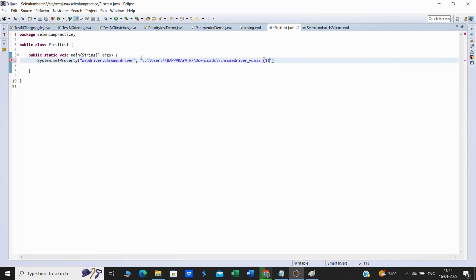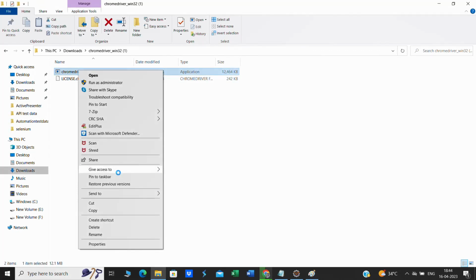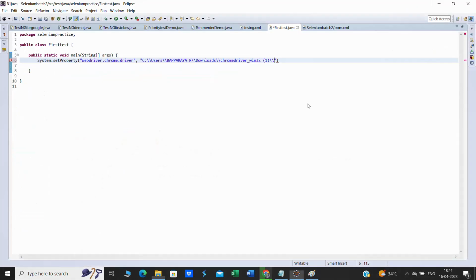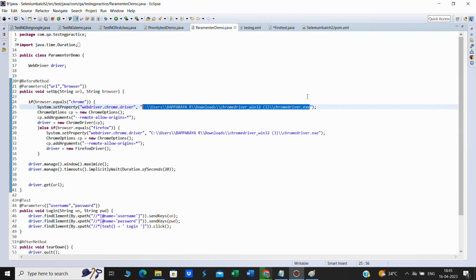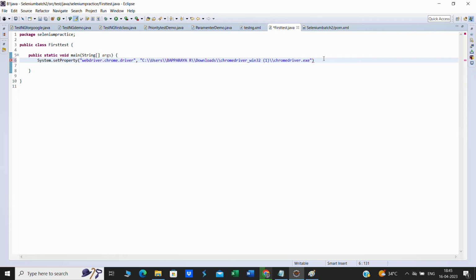So no need to get confused. See, it is showing only 2 slashes. We put 2 slashes extra and copy this name, chromedriver.exe. The extension of the file is exe. So we'll cross confirm. Yeah, exactly, it is exe. Then what I'll do, I'll create an object reference for this